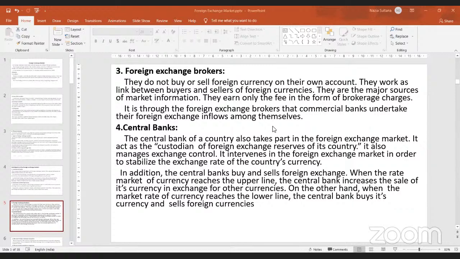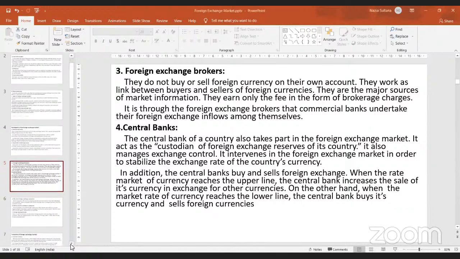How do central banks actually act when prices go up or when prices come down? This is done through something called exchange control. We have a separate topic on exchange control because RBI is the central bank in our country. They are the custodians of foreign exchange reserves. So all the foreign currency movements which happen in a country are regulated and monitored by the central bank of a country.